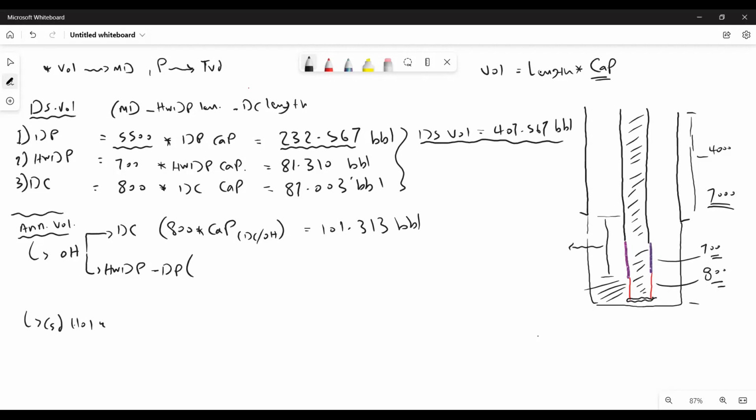The open hole minus drill collar. Yes. So here we have open hole equal 7,000 minus the casing shoe 4,000. So open hole is 3,000 minus 800 of drill collar. So it will be 2,200, right? So now 2,200 times the capacity between open hole and heavy wall drill pipe plus section of the drill pipe. So let's say the answer is